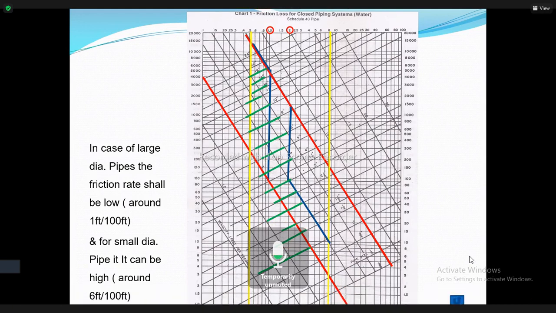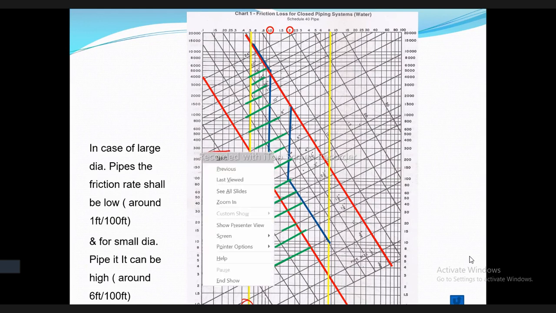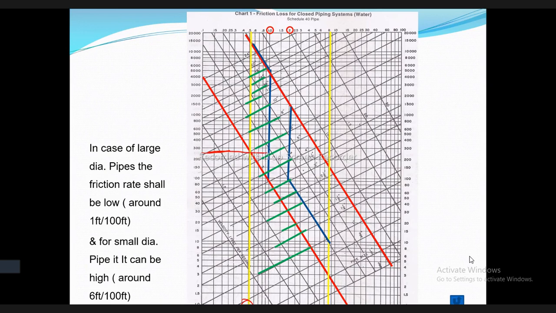You have the flow rate. Based on the flow rate, what is the maximum friction and what is the minimum friction? So 240, you said, is somewhere here. If I take a straight line over here, it is coming as 5 inch. I said I want to be very close to this. Lower the friction, lower will be my head. Lower my head, lower will be power consumption.